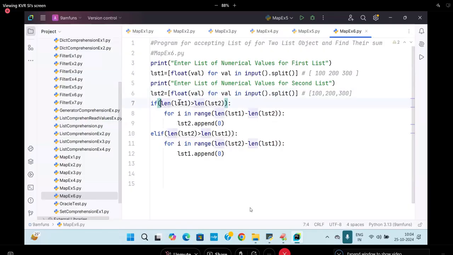What is the length of LST1? 3. LST2? 3. 3 greater than 3? False. Coming to which line? 10th line. Length of LST2? 3. 3 greater than 3? Coming to which line? 13th line. In the 13th line, I will add the process. Understood that? Now, suppose in the case of this one,